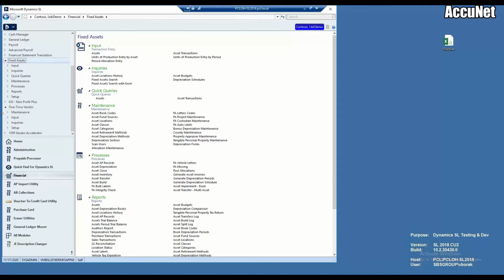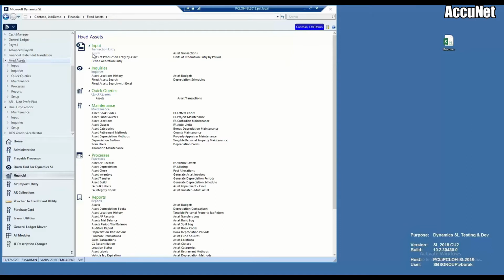All righty. So the first product I'm going to show you is Fixed Assets for Dynamics SL. This is a very large system. If you are tracking your fixed assets in a spreadsheet or in a third-party product and having to copy and paste your depreciation into SL on a monthly basis, that's usually what you're doing with a third-party product. So if you use a fixed asset system that is inside of SL, like our system,